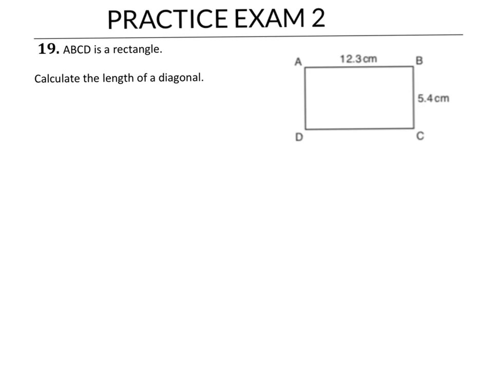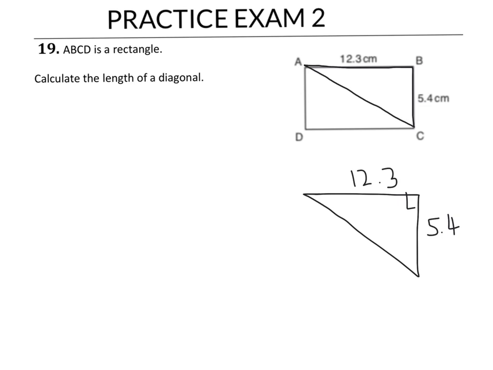In this question, we've got ABCD as a rectangle, and we have to calculate the length of the diagonal. Question's impossible until you maybe draw a diagonal in, and then it might ring a bell. If we draw on the diagonal, what we've actually got, as well as a rectangle, is a triangle. Think about what work you've done this year involving triangles,